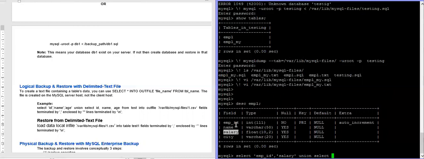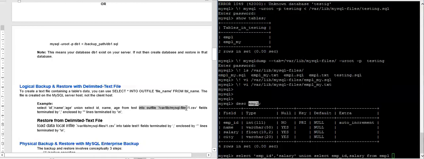Select empid, comma, salary from empl into, let's copy it, into file.